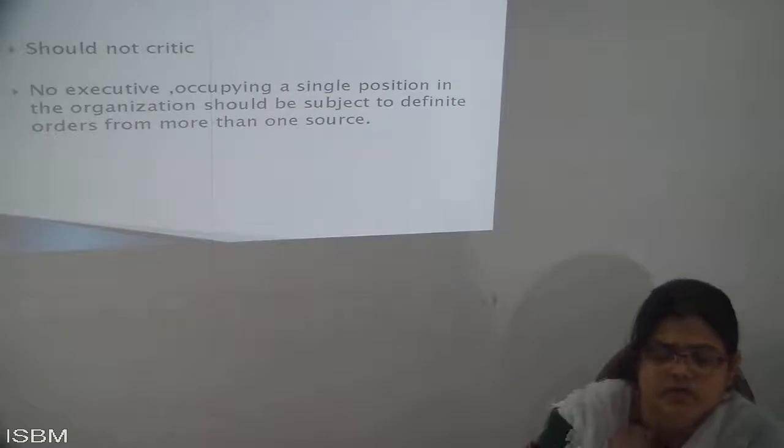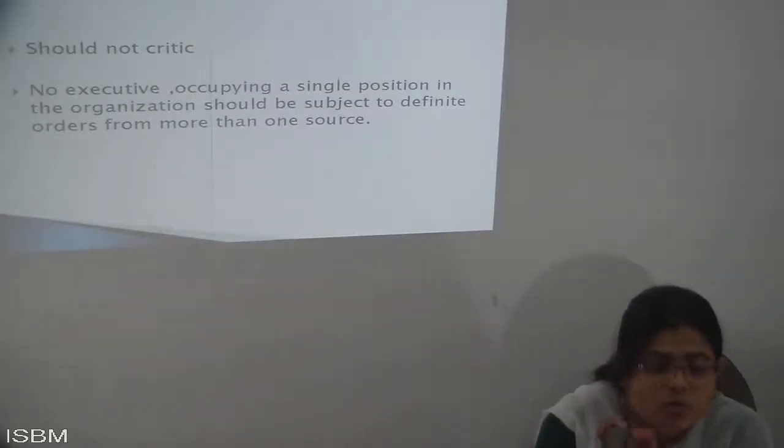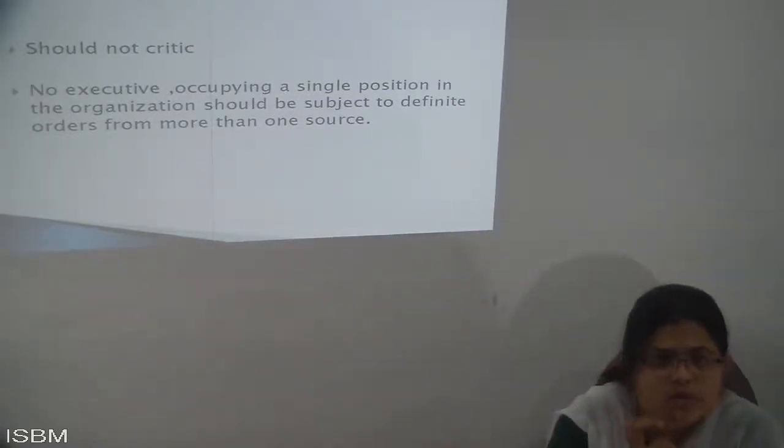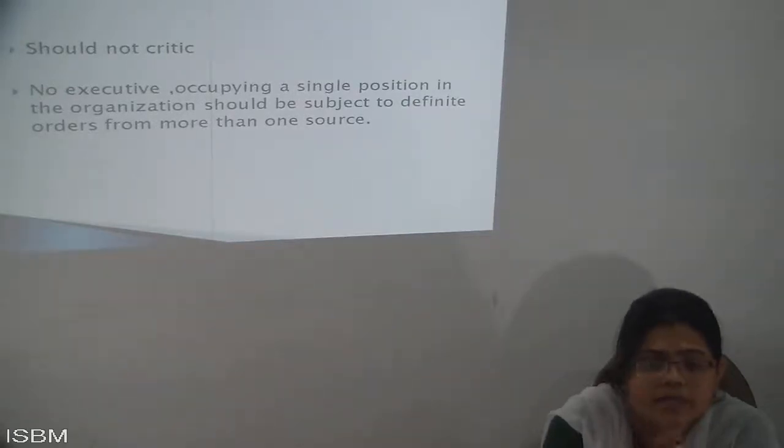Then afterwards it has been said you should not criticize each and every person, no do this, that, no, you need to follow this thing. And finally, the thing is that as you develop each and everything, the resources will probably be fulfilled, and each and every work will be completed step by step. So this is the way you get a good organization when you are in certain pyramids.